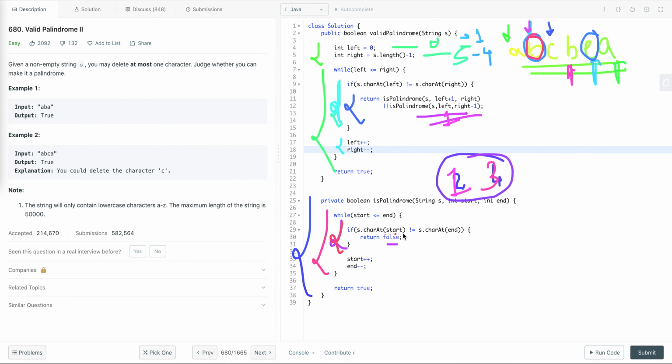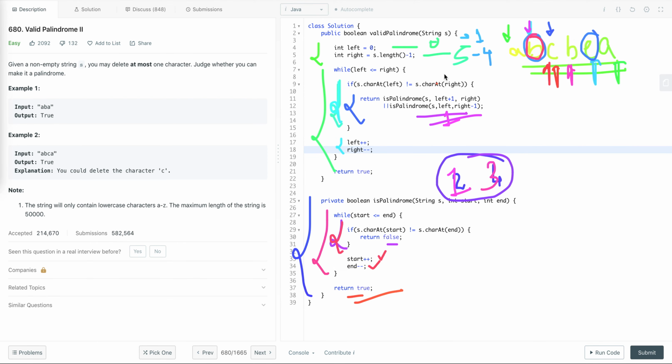No, this condition is false. So we increment the value of the start pointer and decrement the value of the end pointer, and again we check. The character is C, which is equal.